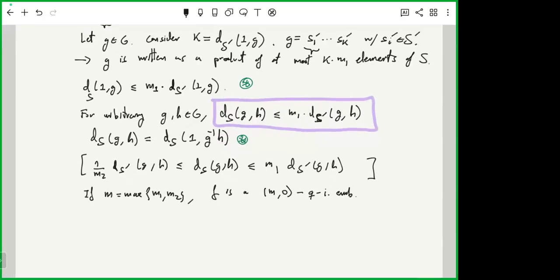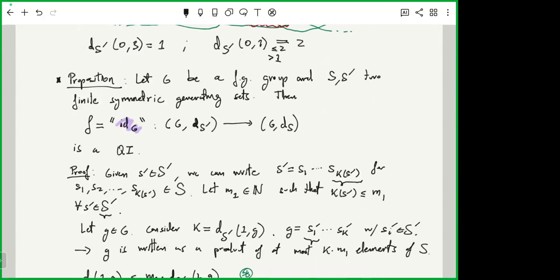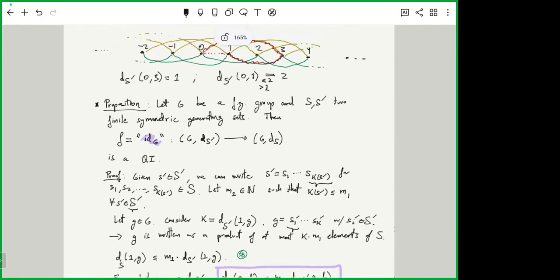So now by exchanging the roles of S and S prime, we can also prove that F minus 1, so it's also the identity, but now I change the order of the generators, is also a quasi-symmetric embedding. Now, since I have these equations, these both are the identities, so they're also close to the identities. It turns out that it is a quasi-symmetry. Okay? Yeah, so that's why it doesn't matter which generating set we take.